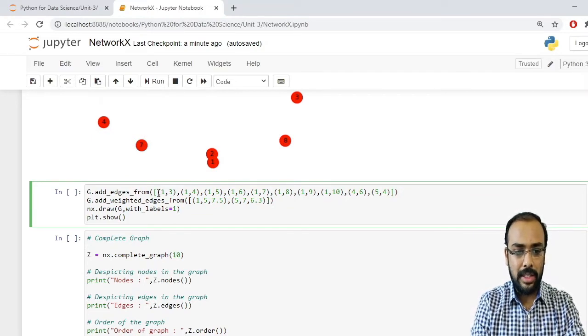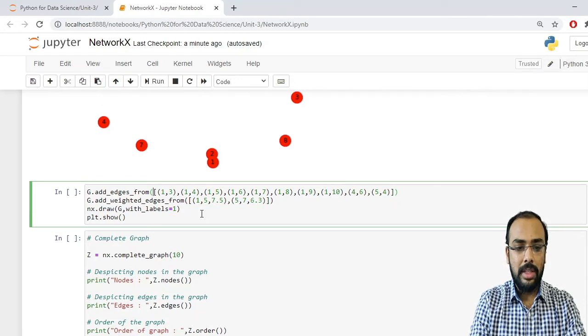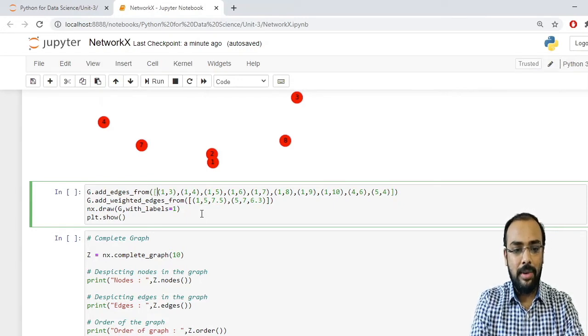And inside this method I have taken a list. So how will this list work? Inside this I have taken sub-tuples.